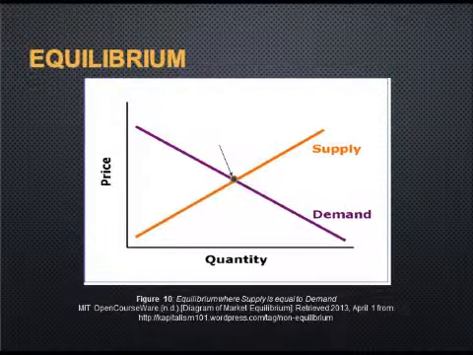Equilibrium in the market exists for both the consumer and producer theories when the marginal benefit of the unit is equal to the marginal cost of the unit. The law of demand states that as prices rise, quantity demanded falls, and the law of supply states that as prices rise, quantity supplied rises. Equilibrium happens when demand and supply are equal, maximizing benefits to both consumers and producers and making the best use of resources.